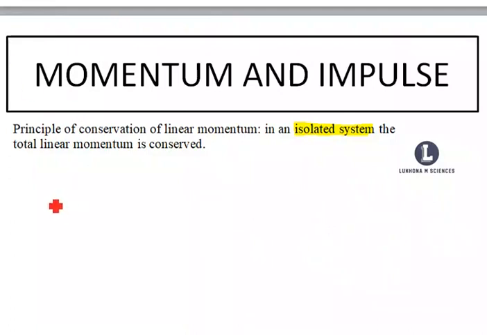The sum of the momentum before collision, the sum of the initial momentum, is equal to the sum of the final momentum. Which means if there are two objects colliding, let's say we have ball A and ball B,